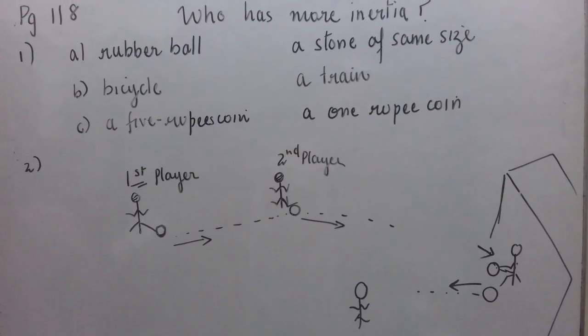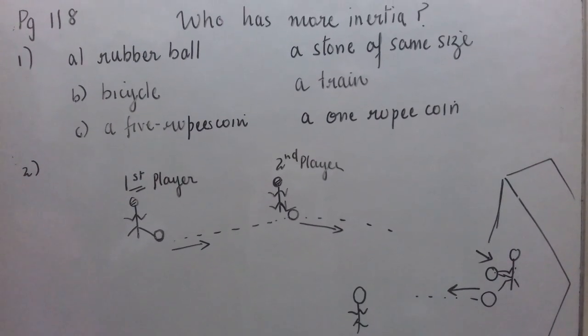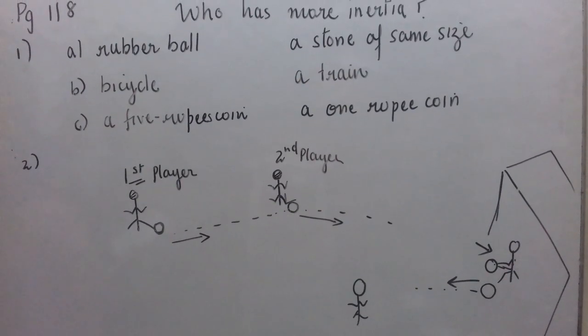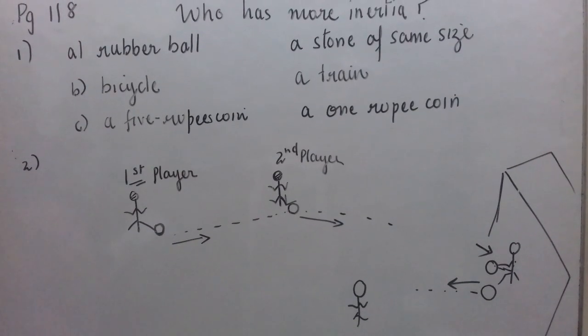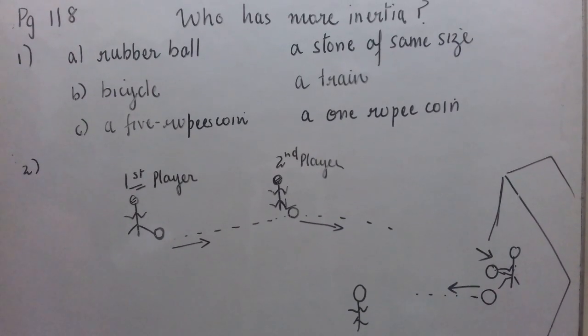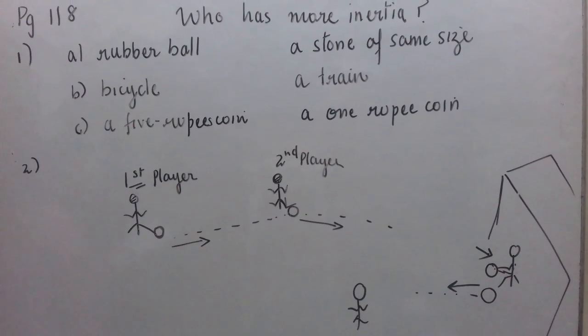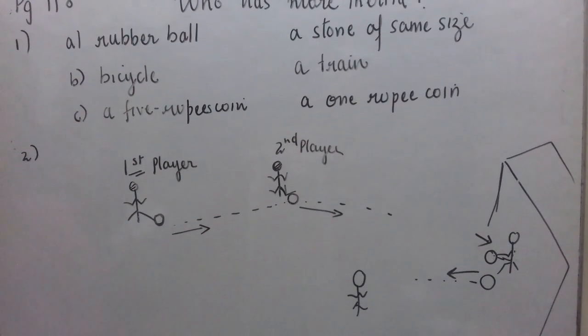So the upper part of the body moves in the forward direction, or we get a forward jerk. And suppose we are standing in a bus which is at rest, and the bus suddenly accelerates, it means the driver starts the bus and gives it very high speed. Then you will fall in the backward direction, or you will get a jerk in the backward direction, because your feet in contact with the platform of the bus come into motion when the bus accelerates, but the upper part of the body tends to remain at rest due to inertia of rest. So you get a backward jerk, or your body falls backwards. I hope the answers to these 4 questions are clear to you.